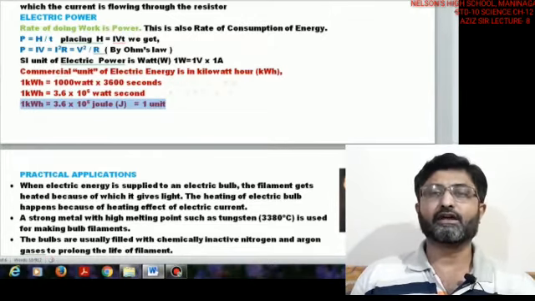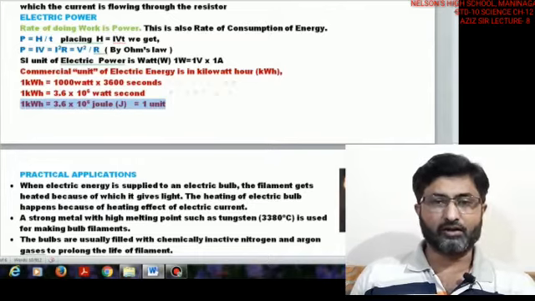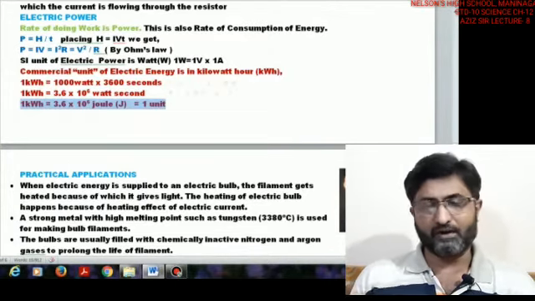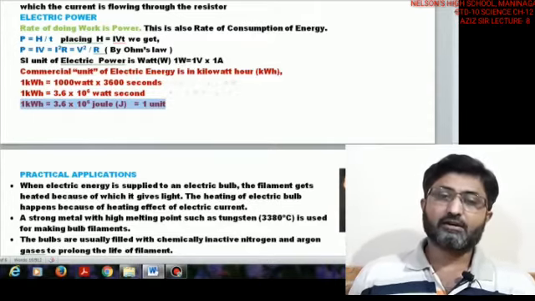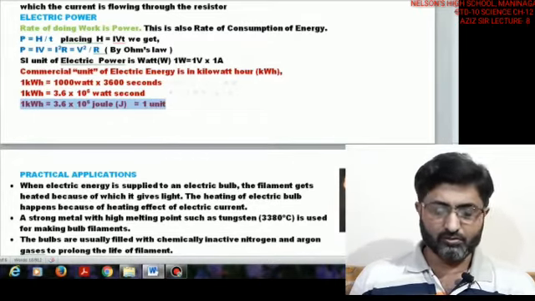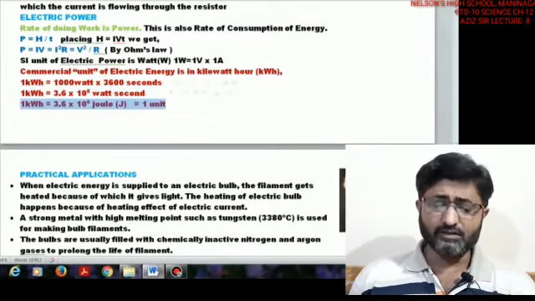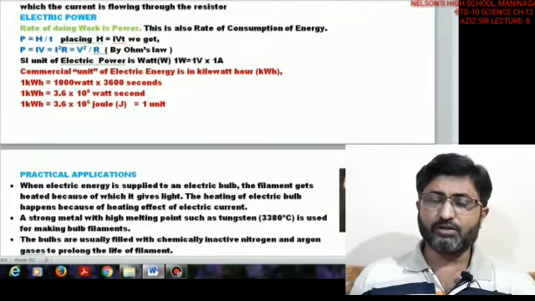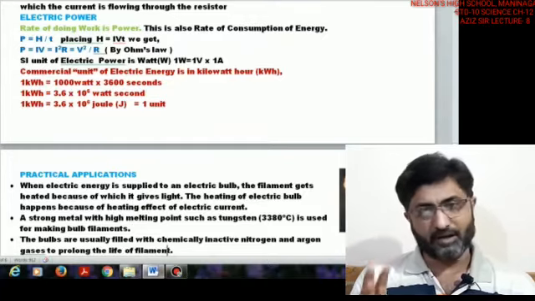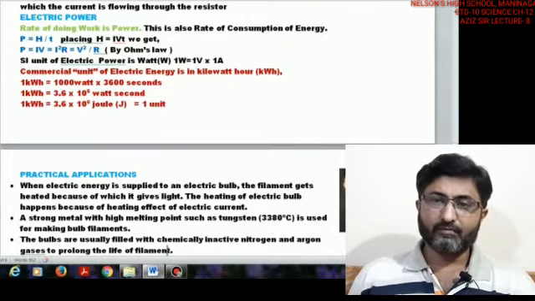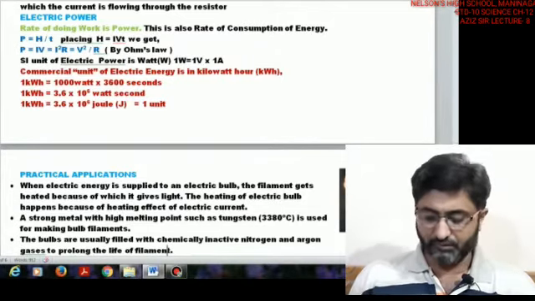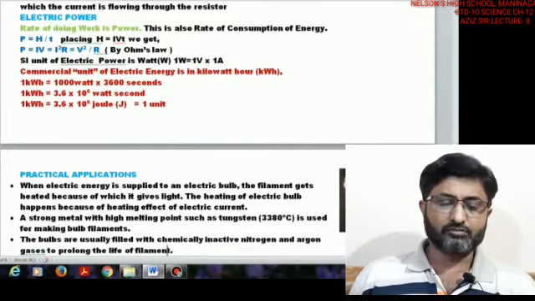That much amount of heat is consumed by your appliances. So, you have to pay for the 1 unit, whatever the charges, maybe 4 or 5 rupees, whatever amount is taken by the company. Suppose they say you have consumed this much amount of bill, you can multiply and see how many units you have burned, or you can find out how much consumption there is inside your house, in terms of heat energy or in terms of power.